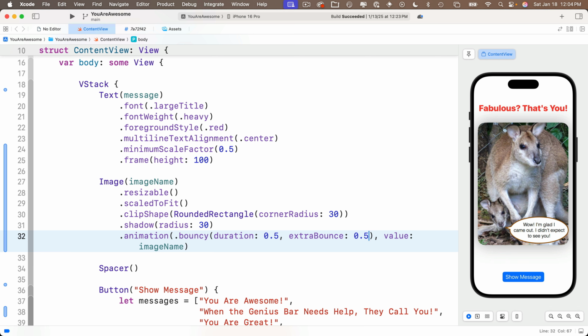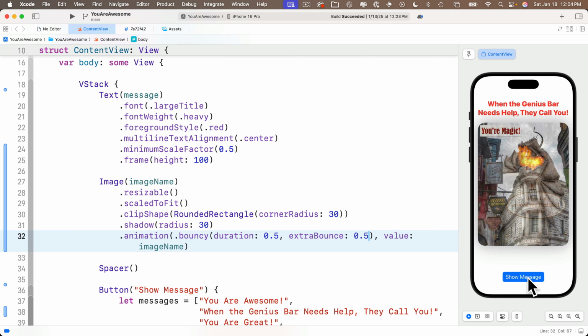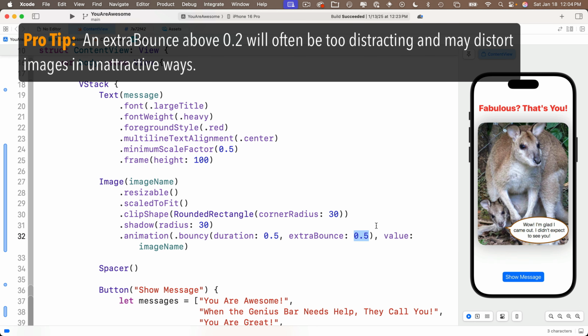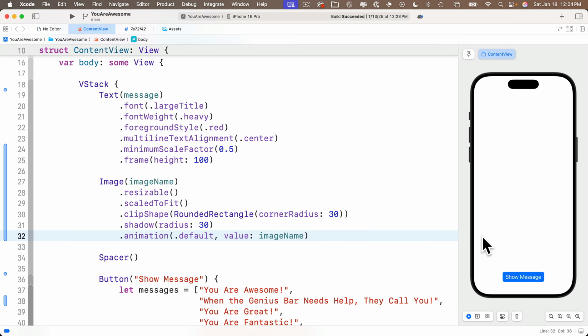Why don't we change the extra bounce to 0.5? And as we click, we sort of see the image flash as the compression becomes really visible. It distorts the animation. So as a rule of thumb, any extra bounce above 0.2 risks being distracting rather than delightful. So I'm going to go back to the default animation, and the goal really in most apps is not